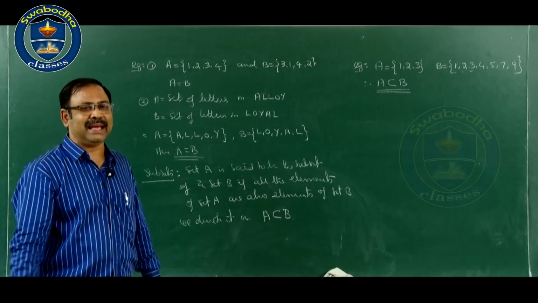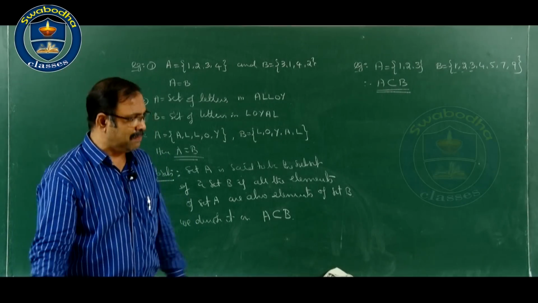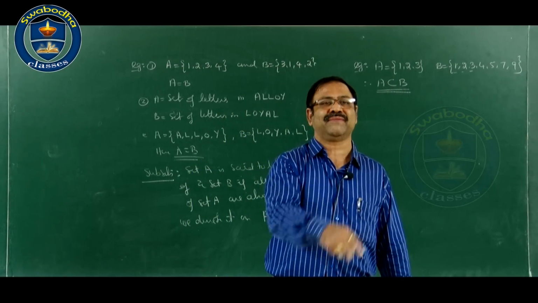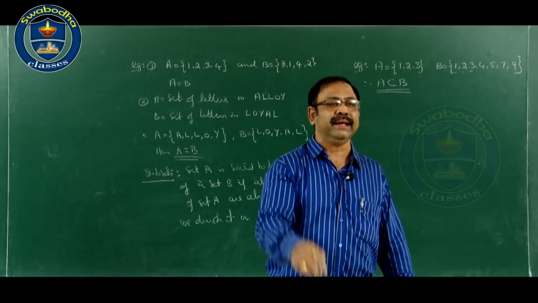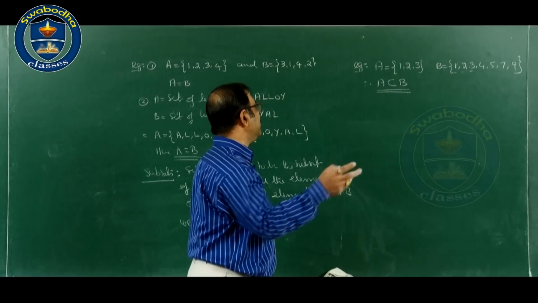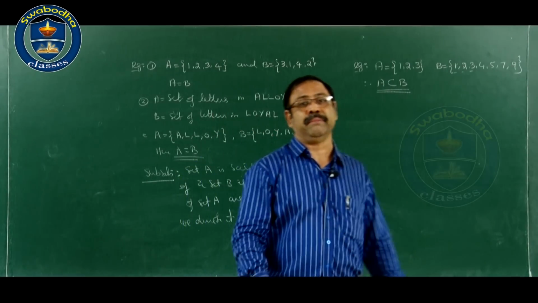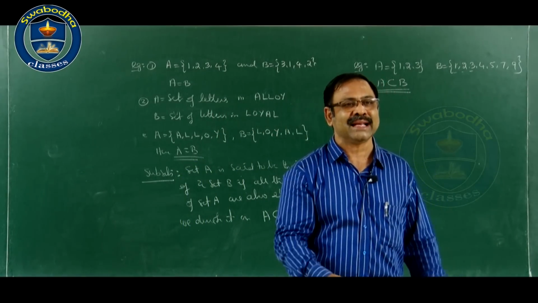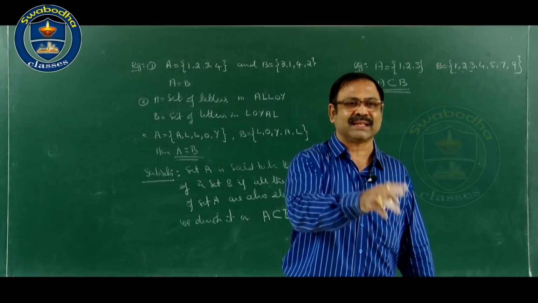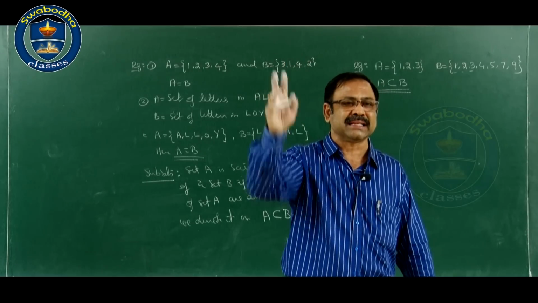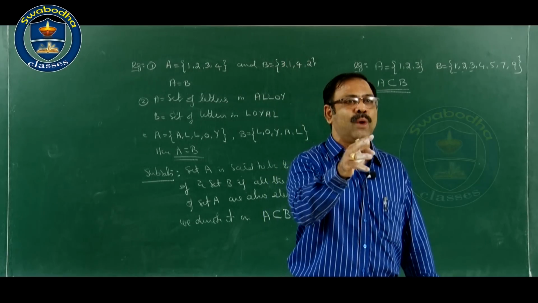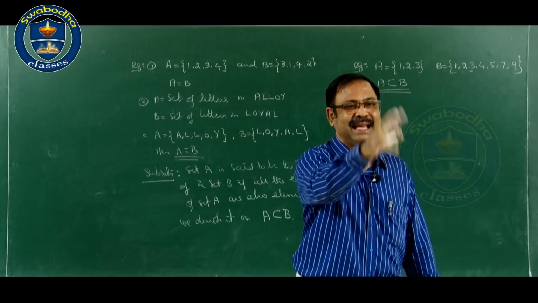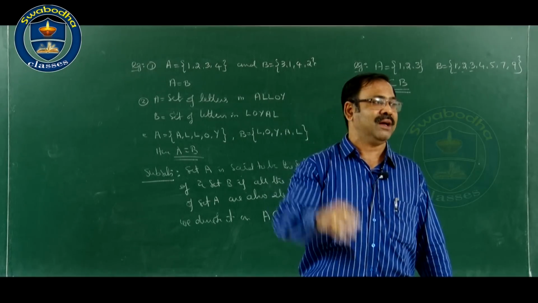So what do you mean by A is a subset of B? A is a subset of B if all the elements of set A are contained in B. Okay, all the elements of set A are contained in B. That's what I said. If you take a college, say the college has got 10 batches. Now first year science or second year science, like that 10 batches are there. Now I say the set of boys of first science is a subset of the students of